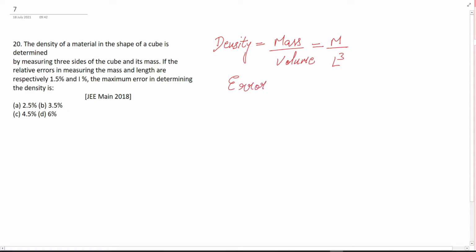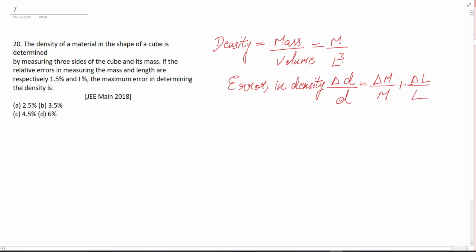Now we can say error in density, we'll need a symbol to denote it, so we can say the wrong density upon original density. This is the error in density, and what this means is that error in mass, the change plus minus upon the original one, and we'll add another one, and that will be the difference of length upon length.